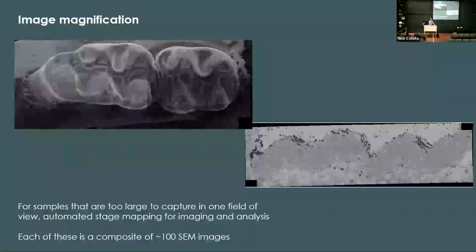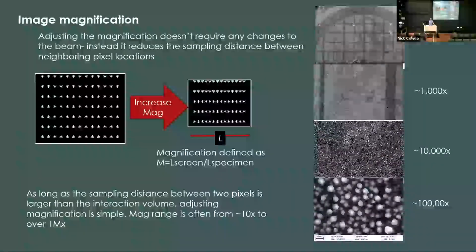So what's controlling the maximum field of view? Yeah, that's a really good question. I don't think I have a slide. It does depend a little bit on the system itself and the design of the lens. But one of the most important contributors to what controls the maximum field of view is what's called the working distance, which is how far our sample is away from the lens, right?